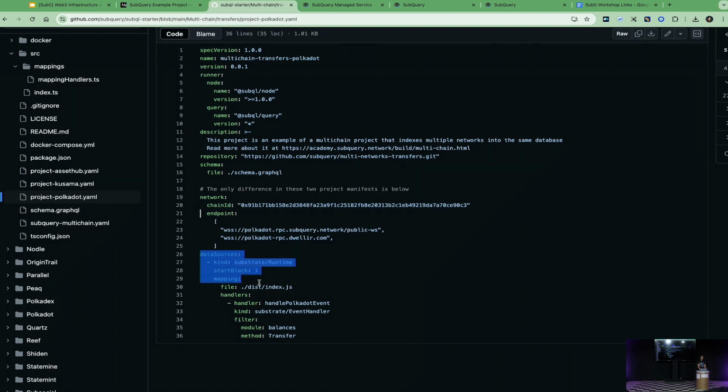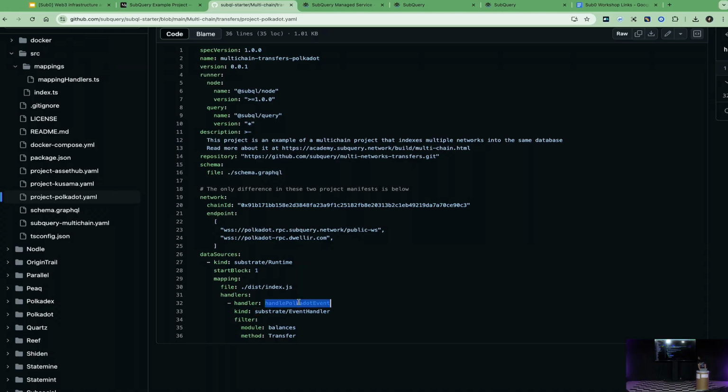And in the data sources, this is where you narrow down your use case. This is where you point to the start block from where you want to index. It doesn't have to be the first one. It can be any other that makes sense for your application. And then you narrow down what type of event or log you want to index. And an important thing here, as you can see, the handler name is handle Polkadot event, right?